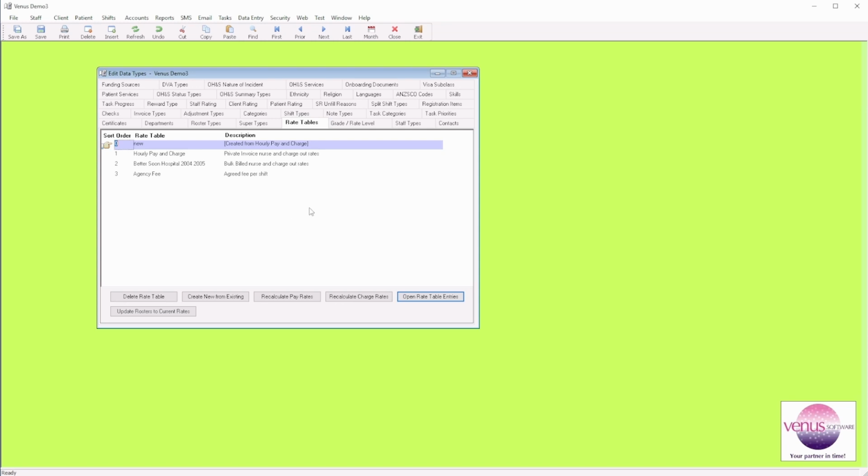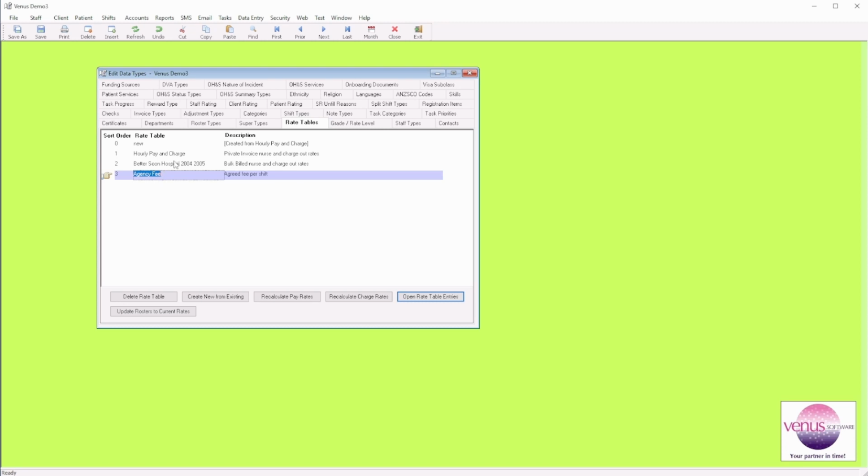Effectively, what you want to do is create a table of your rates, get a few of your essential rates in. You can then export that, build that out in Excel, and re-import that instead of having to type in each and every variable. But as you can see here, with this demo environment, it has been divided by client. So we have Bettiswing Hospital. There's also an agency fee rate table,